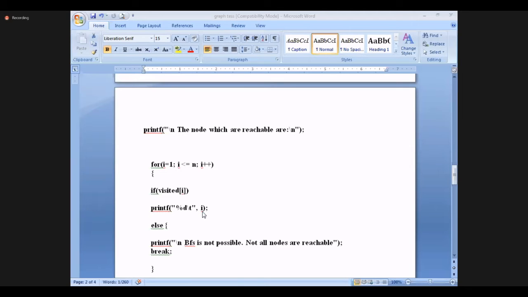So 1 will be printed, 2 will be printed, 3 will be printed, 4 will be printed. That means the 4 nodes are visited. For example, in case one node is not connected to anything, the node is there but not visited, then that will be 0. By default, we have assigned 0. So it will be 0 because it is not visited, not assigned 1.